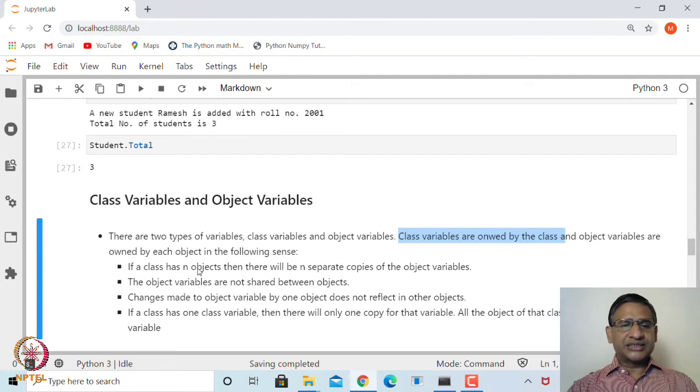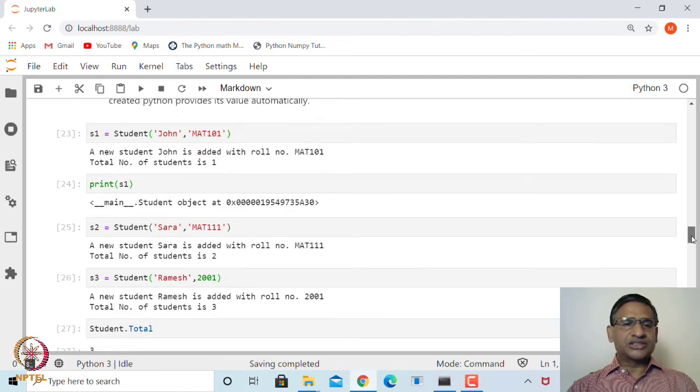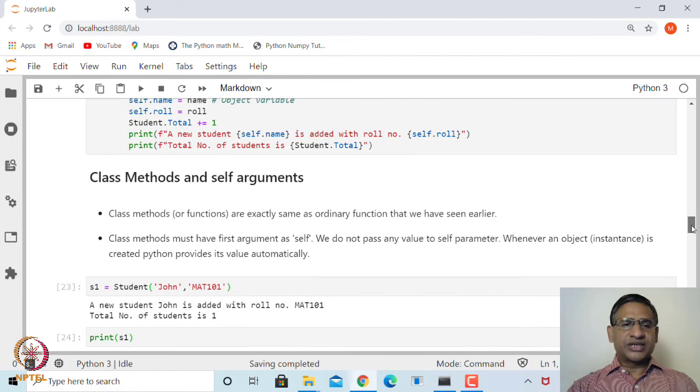If the class has n number of objects, for example, in this case we created 3 objects, then there will be n separate copies of object variables, and the object variables are not shared between objects. So for example, we saw that S2 and S1 have different attributes.